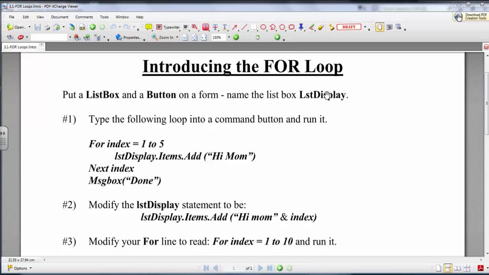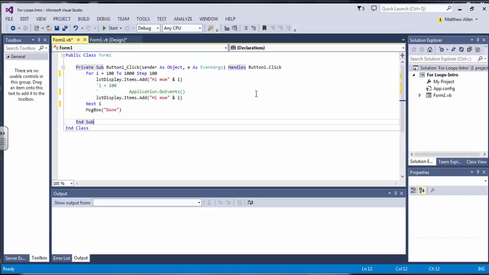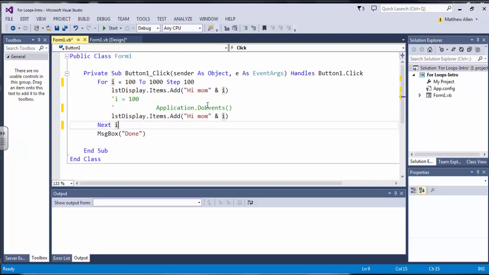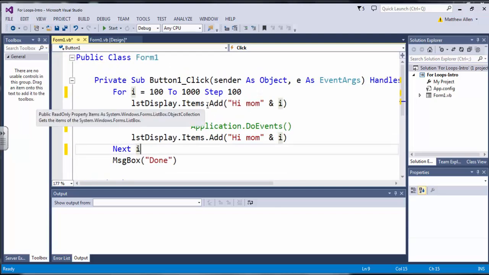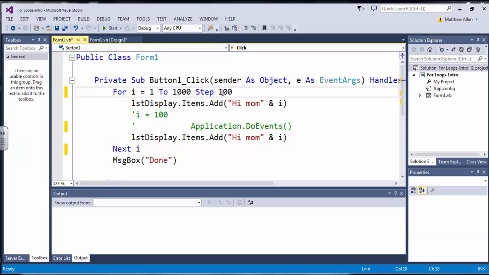I'm not going to go through this. This is your tutorial assignment. I'm just going to note that when you set this up, be sure to put a list box and a button on your form and rename the list box LST display. That will allow you to use my code and basically copy it as written in order to have it run. What I'm going to do instead is explain the for loop in a more general sense, and you'll see the same thing when you get into